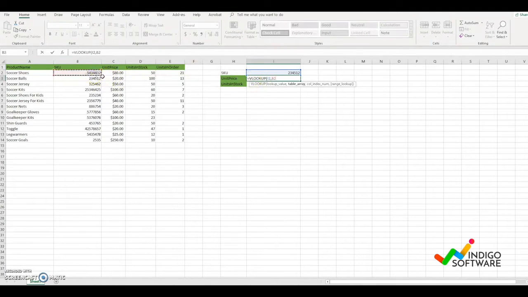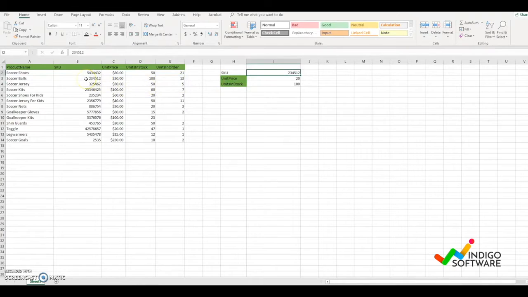Then we're going to select the whole table of data that we have here, put a comma, and then we're going to type in number 2 since it's the second column where the unit price is in the data. We're going to type in false, close parentheses, enter, and we're going to see that we have 20